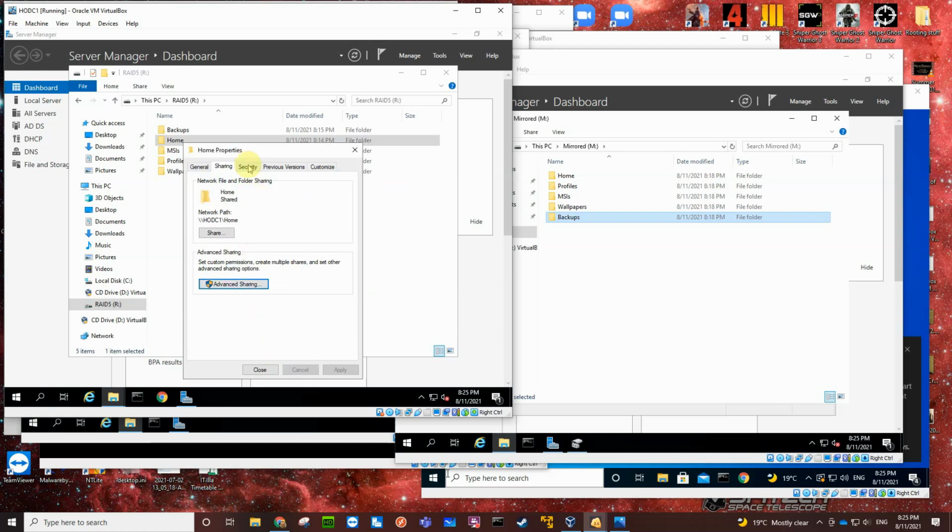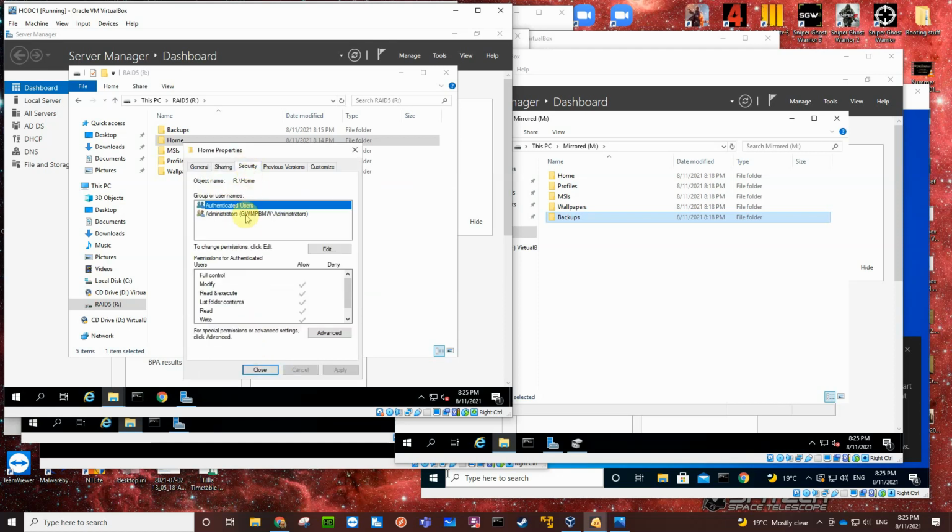So now we go to security. We've got authenticated users and okay, so